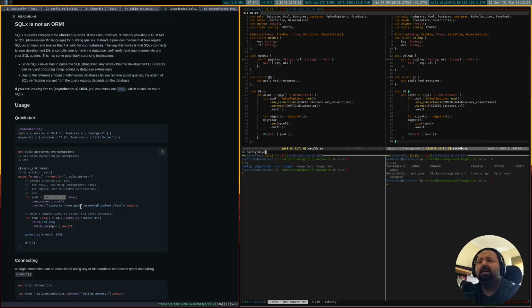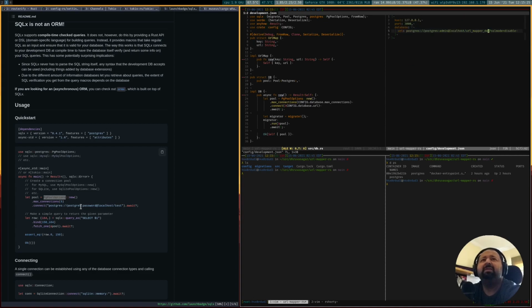Okay, so we will make changes in the development configuration. Max connections, I'm going to stick to the default. We don't need to override. In fact, I've already gone ahead and changed the URL. The Postgres that I'm running there happens to have postgres as a user and admin as a password. I'm going to stick to localhost. And then I'm going to rely on the URL mapper dev. I'm calling my database URL mapper dev. So this is going to be our database.